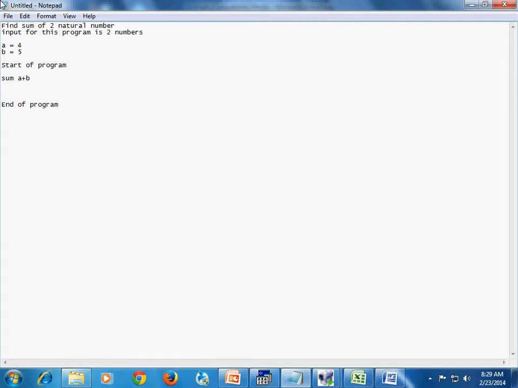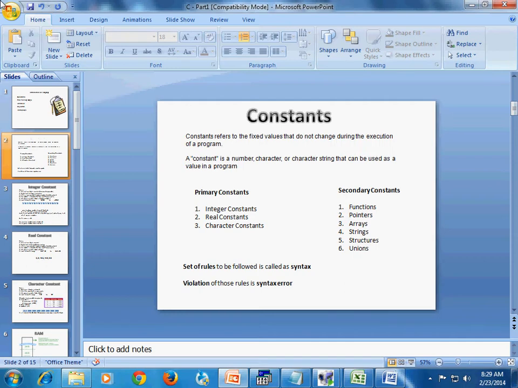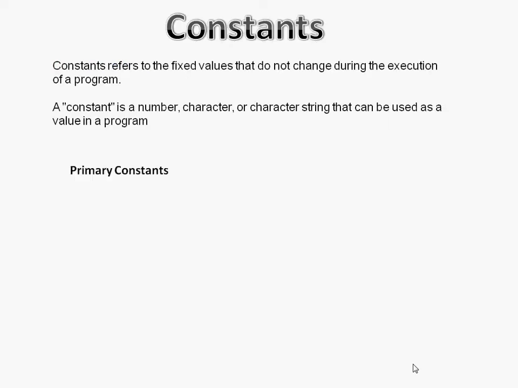However, the sum of A and B will be saved in some other variable called C, which will give the output, which now C has 9. So here the constants are A and B, which are the same throughout the program.